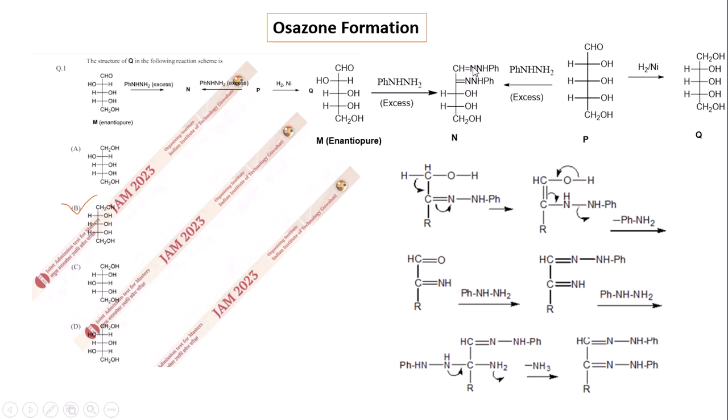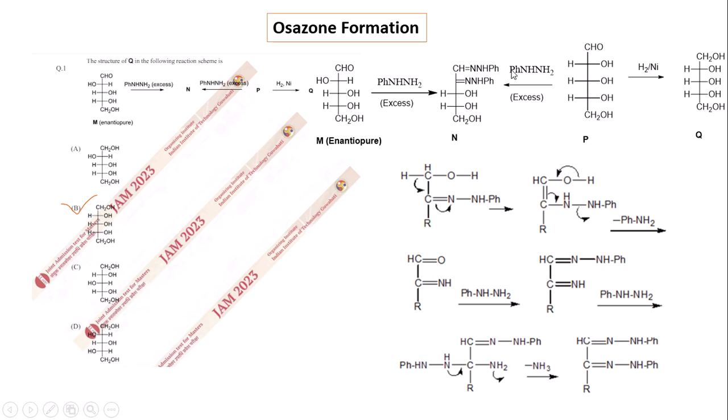It produces the osazone N, and then this osazone N has another probability to react with the same osazone with that of the P, where the C2 epimerization will take place. This is the compound of the arabinose, where the C2 OH group is present on the left hand side, and this is the structure of the ribose unit, where the C2 OH group is present on the right hand side, and this is the C2 epimer, and hence they produce the same osazone on treatment with excess